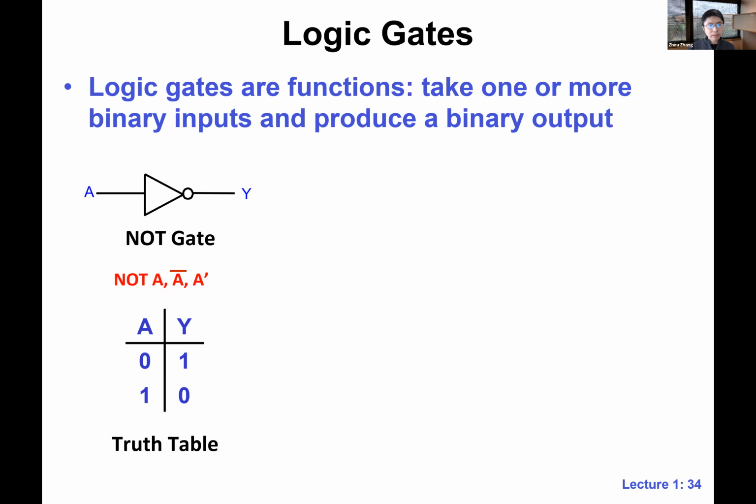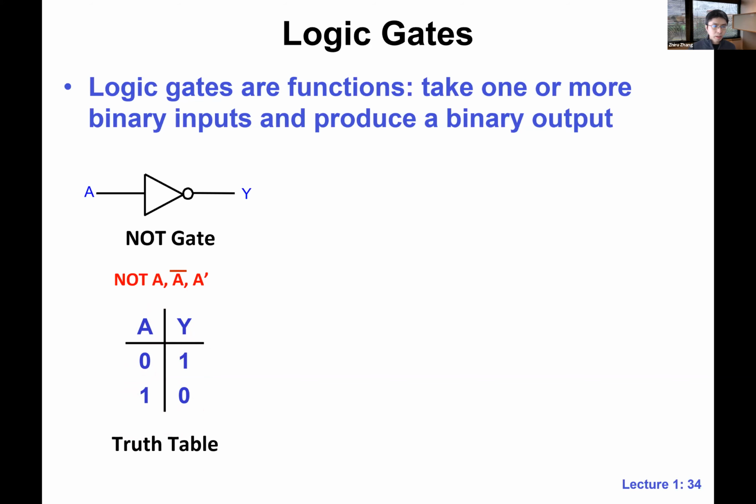Okay? And the way that we define a logic gate is by using the so-called truth table. We put the input on the left and the output on the right. We enumerate, and this is important: we want to enumerate all possible input values in this truth table. Each row means a possible input value. Since this is single input, of course we only have 2 rows, 2 to the 1. If you have 2 inputs,